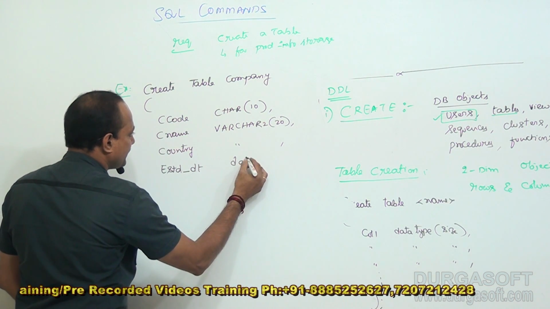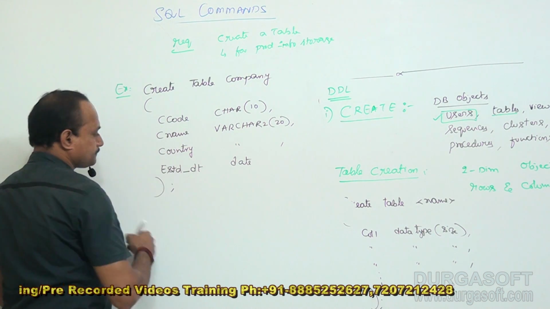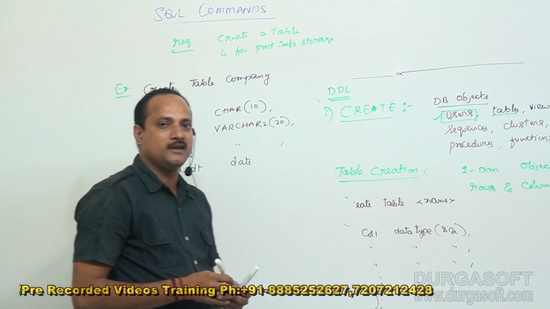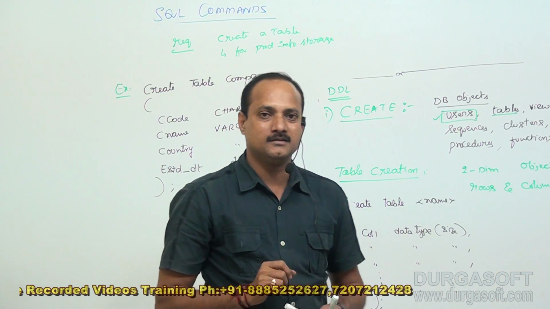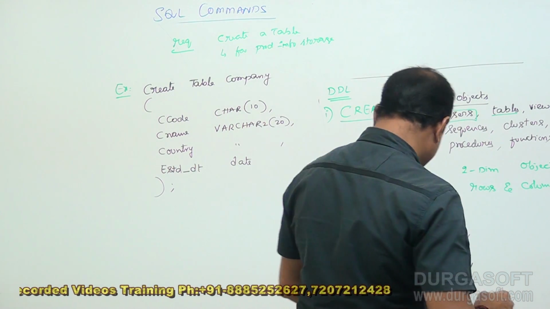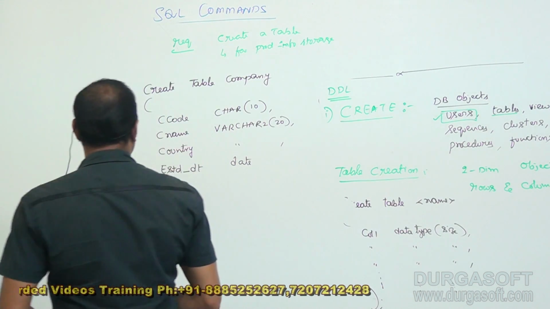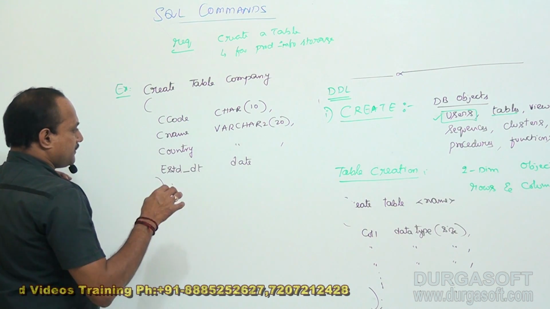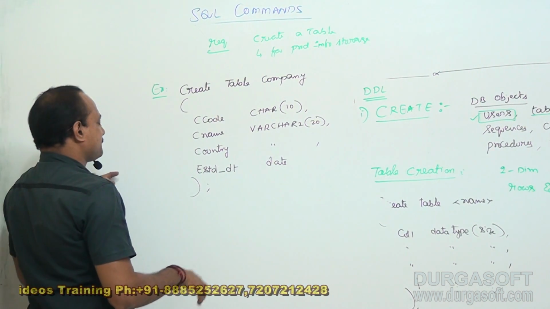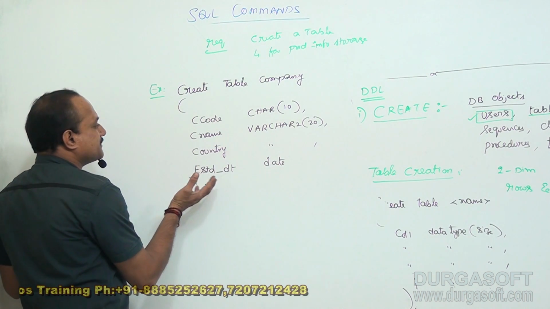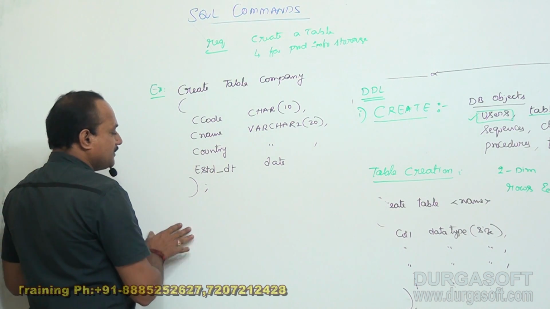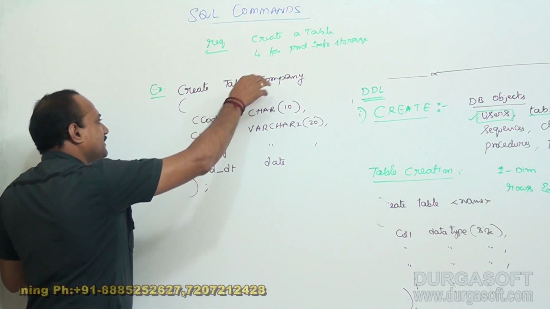It's a date type data. This is the way you can create a table. Then what is happening internally? See, before going to discuss the internal concept, let me discuss, can I specify